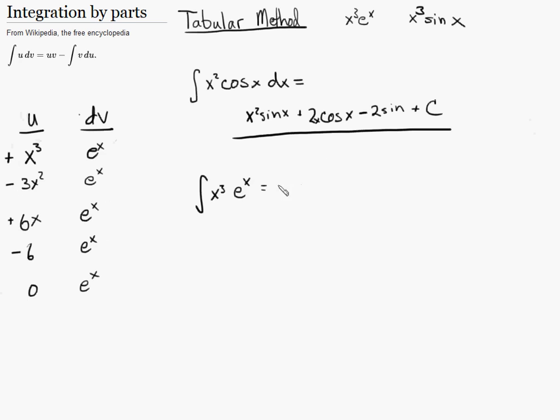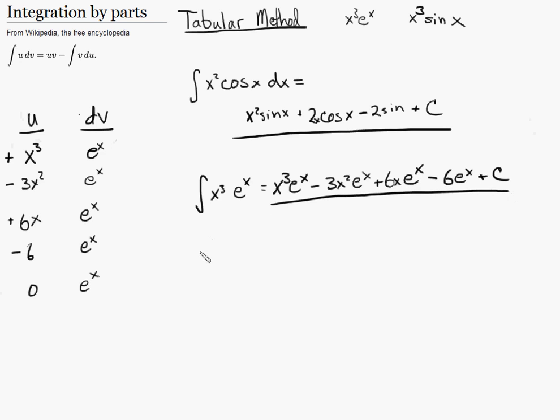So we have x to the third e to the x minus 3x squared e to the x plus 6x e to the x, excuse me, minus 6 e to the x plus c. There's our second